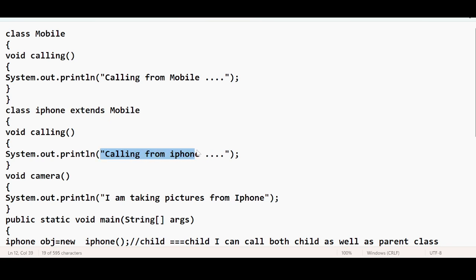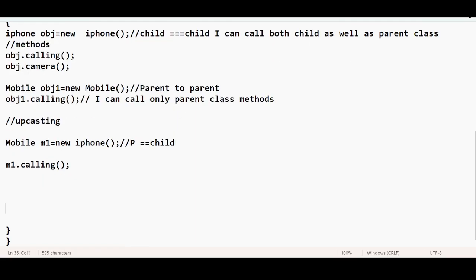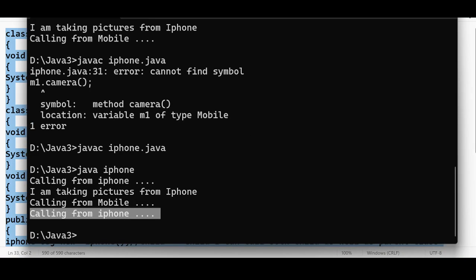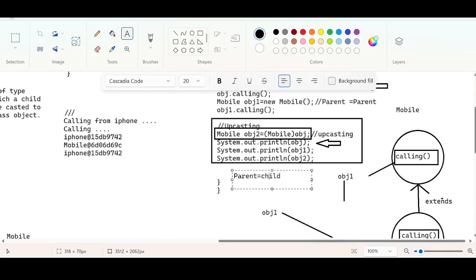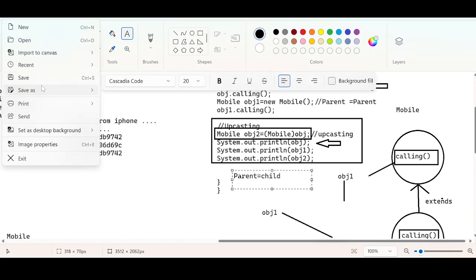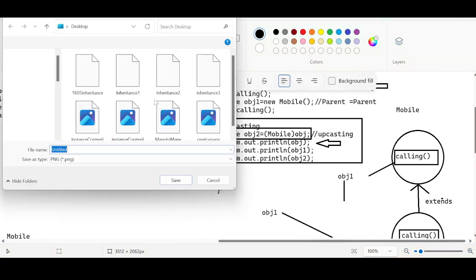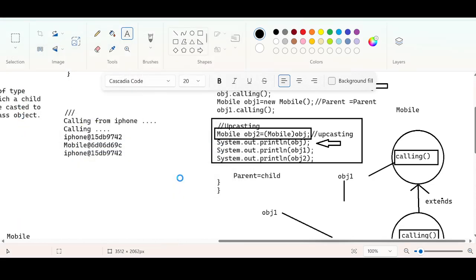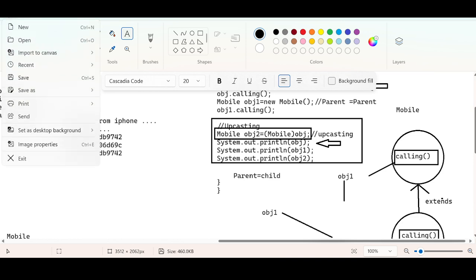Now I will explain and you will get much clarity. Let me take this to the paint screen. Let me remove this. Save as. Upcasting. File, new.